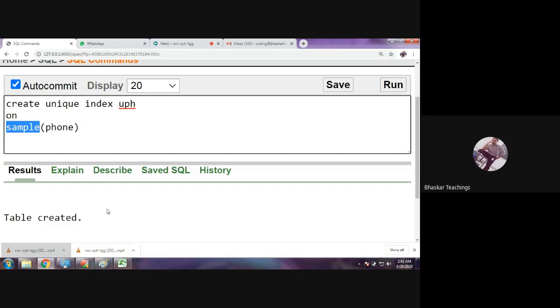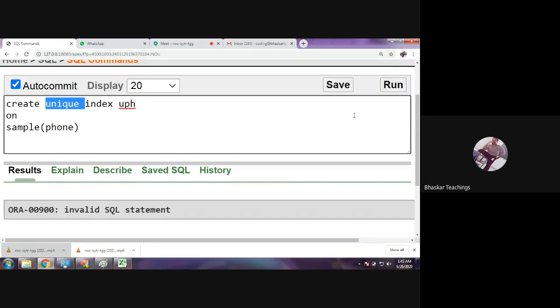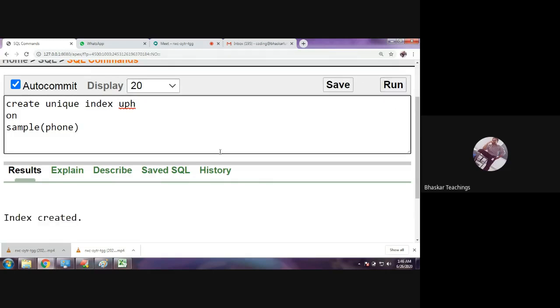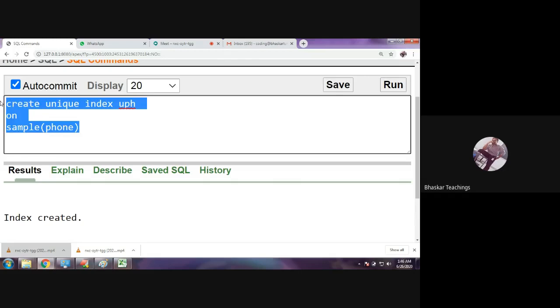It is the same syntax as a simple index, but here unique is extra. Now run it. Index created.